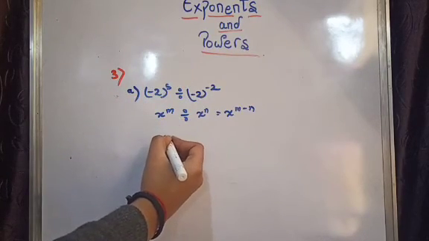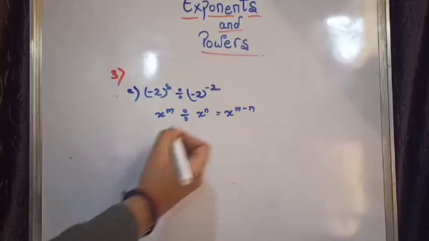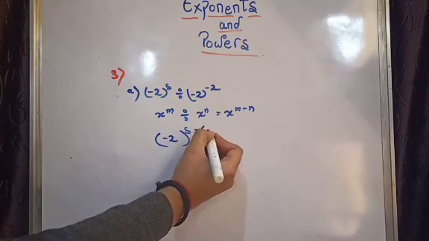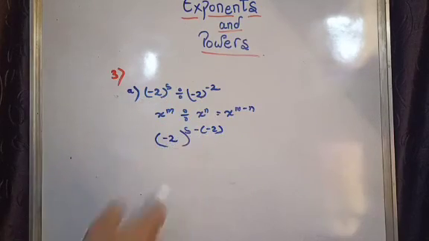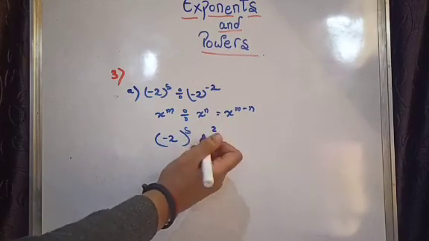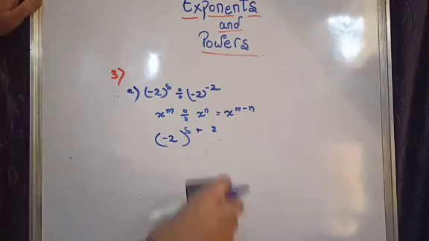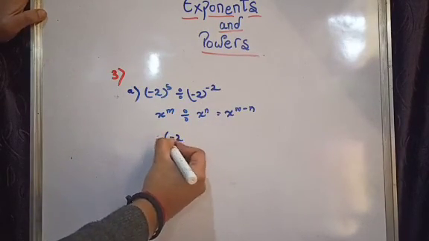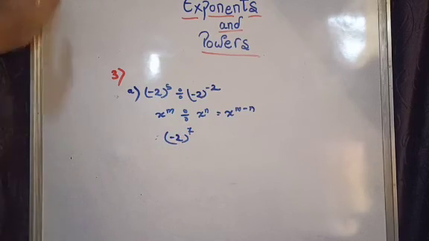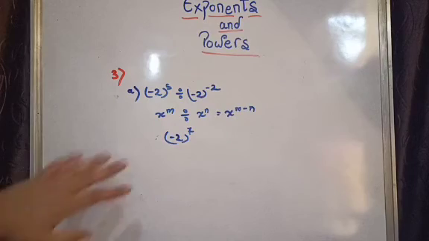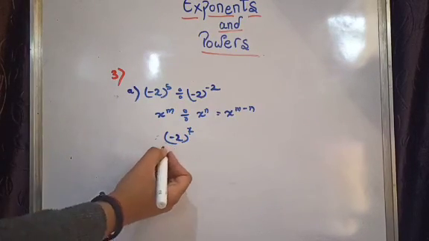So minus 2, I will take the common base, then 5 minus 2. This minus 2 will come in a bracket, and this minus will become a plus. So it will result as 5 plus 2, which gives us minus 2 to the power of 7. Now you can solve it. We can do the evaluation as you wish. It is only given to find the value, so you can do it like this, or you can convert,